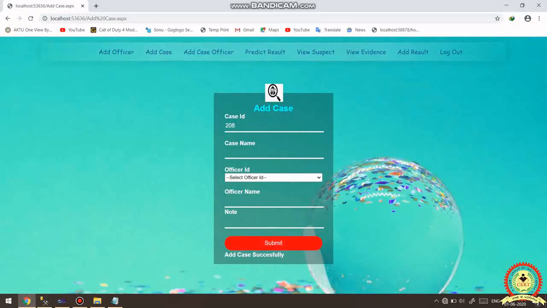So what it's doing is sending a mail to that particular officer that a new case has been registered into the system, and a password for that particular case has been sent on his mail. And next